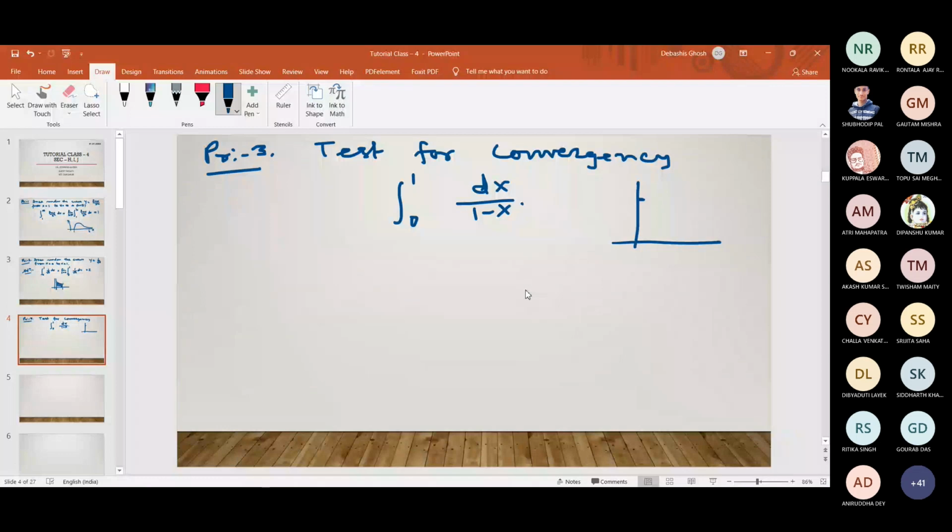So the region is unbounded, and we are considering here from 0 to 1. It is 0 to 1, and at the point 1 the function is not defined, so that is x, that is 1. Therefore if you are taking in between 0 to 1, we may get that this one is divergent, because the area will not be finite. If you evaluate,